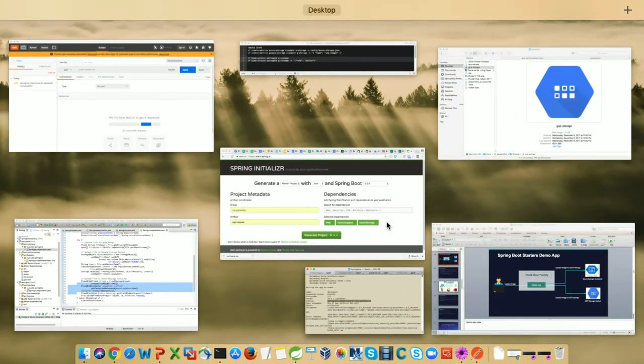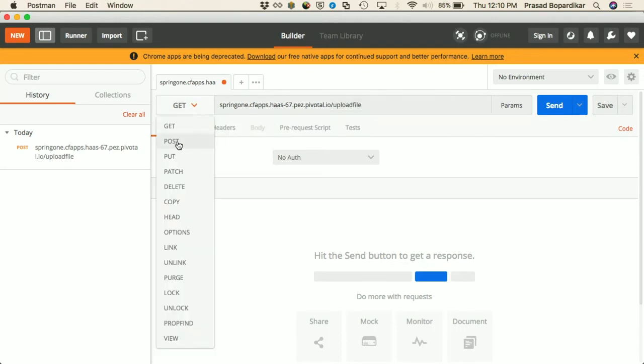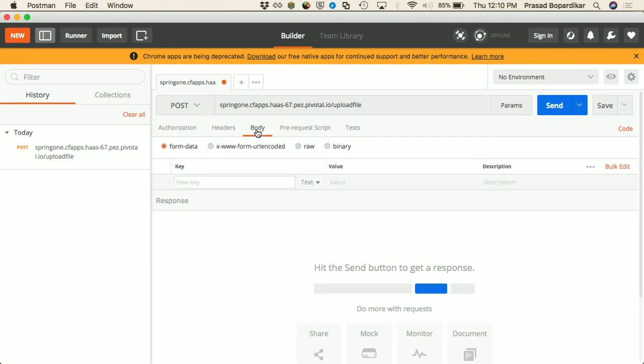So I'm going to use Postman to run and test this app. So I go ahead and paste this link, and my endpoint is /upload file. This will be a POST. I go inside the body. I have to define 3